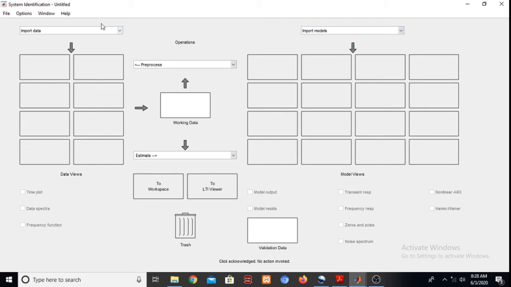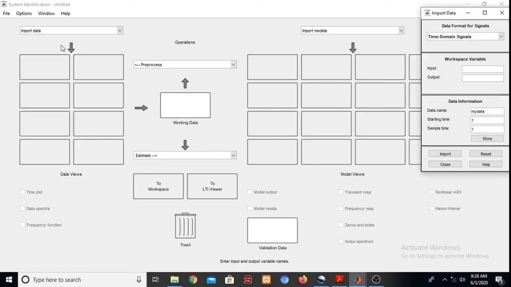Okay, so this is also possible by clicking on this window. We can import time domain data from this. So a window is open, but for this we require that our input output data should be available in the workspace. So let us make it available in the workspace.